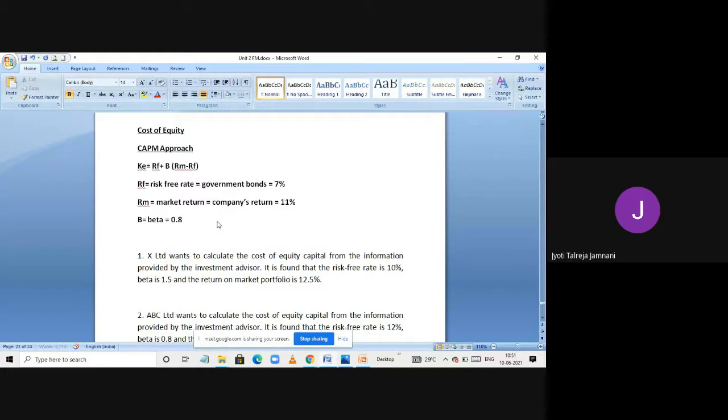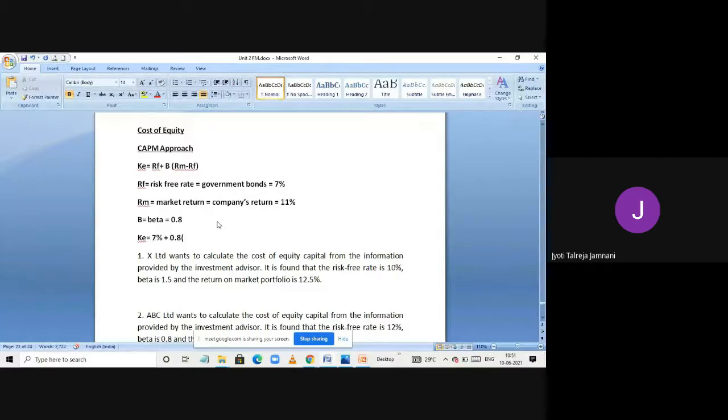Now how to find cost of equity? Cost of equity says you just can't take the risk-free rate. So 7% is the risk-free rate. But if I give you 7%, you will not accept, because you will say, see, I'm investing in your company, I'm taking risk, you have to give me more. So how much more? So 7% plus how much the company should give is what we are calculating. To calculate that, first we need to take the risk, that is beta 0.8, and multiply this risk with that extra amount the company needs.